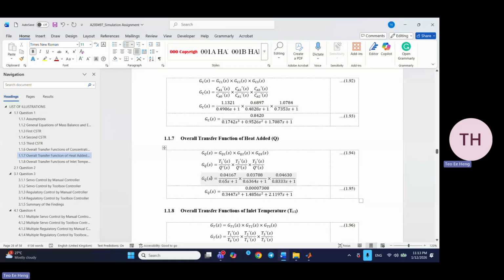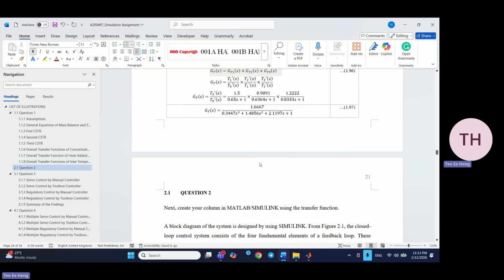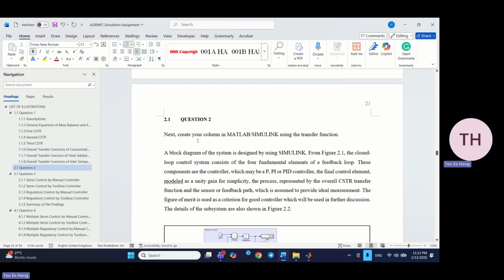GQ can also be found: GQ1 multiplied with GQ2 and GQ3. Then for the overall transfer function of inlet temperature, GT will also be equal to GT1 multiplied with GT2 and GT3. Okay, for question 2, the question asks to create a